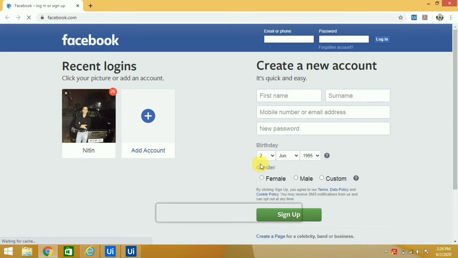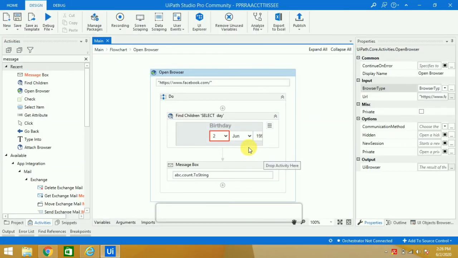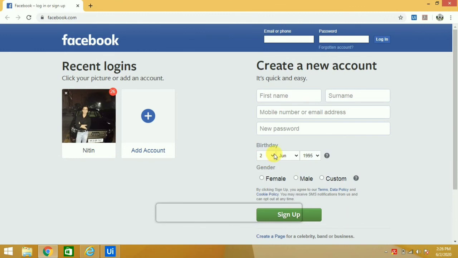It comes here and it's still running. Okay, fine. So it gives us 32. As I told you, 31 days plus this one.